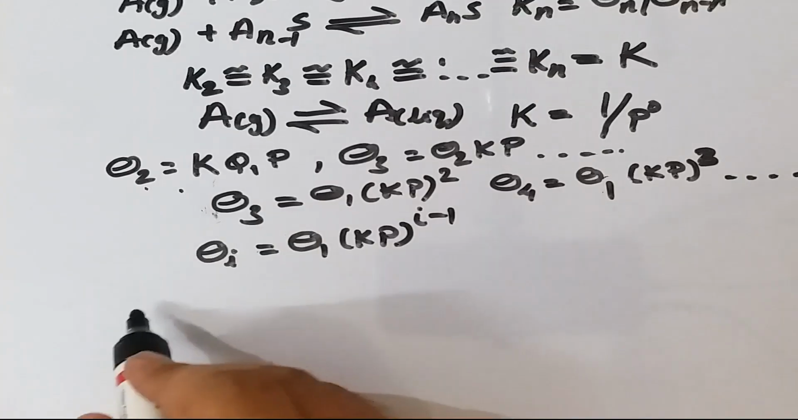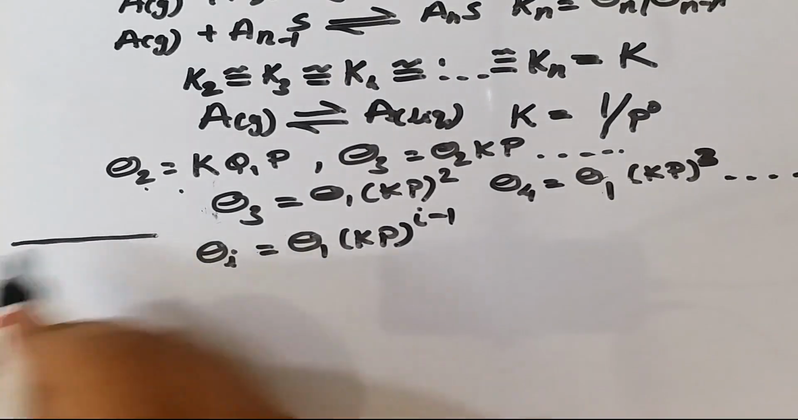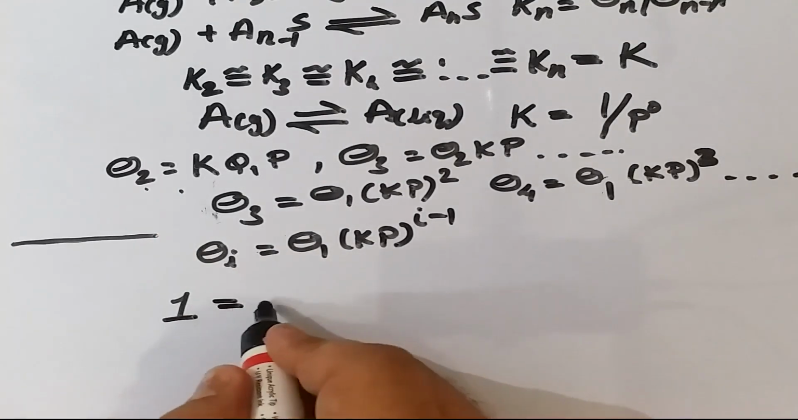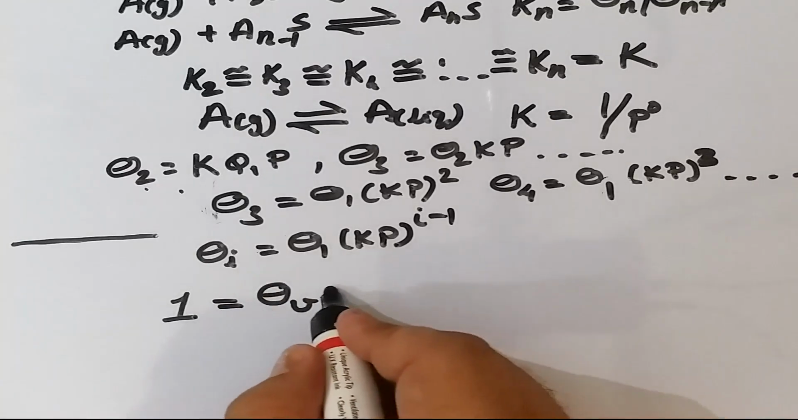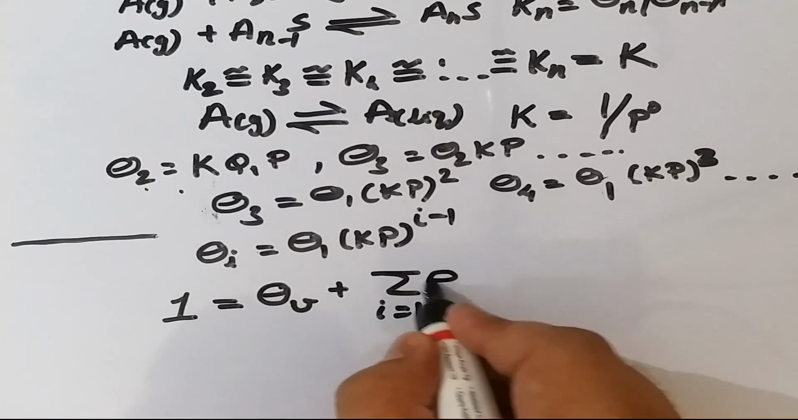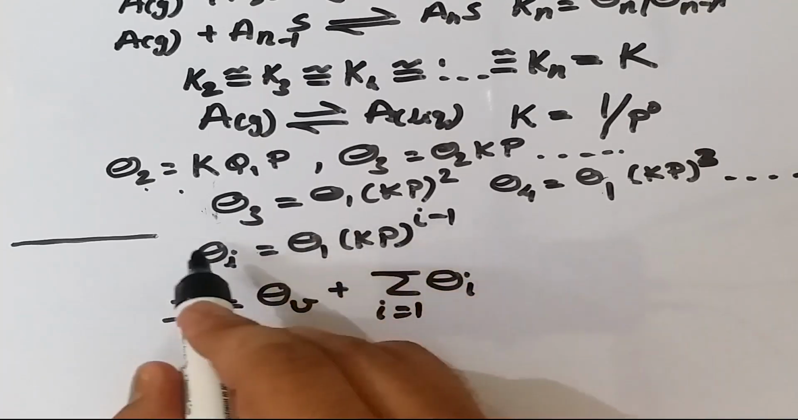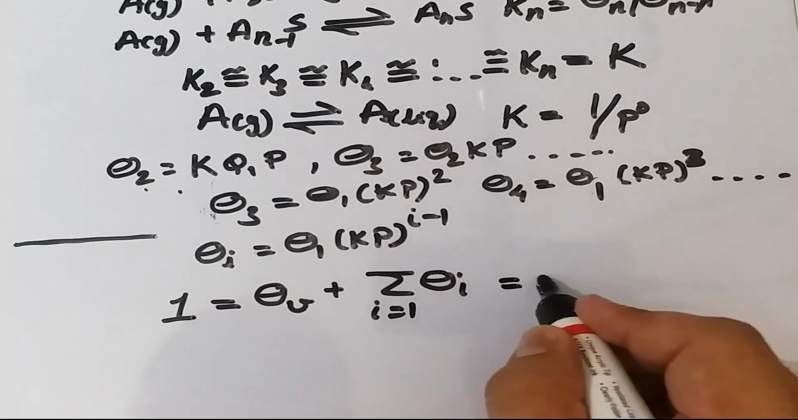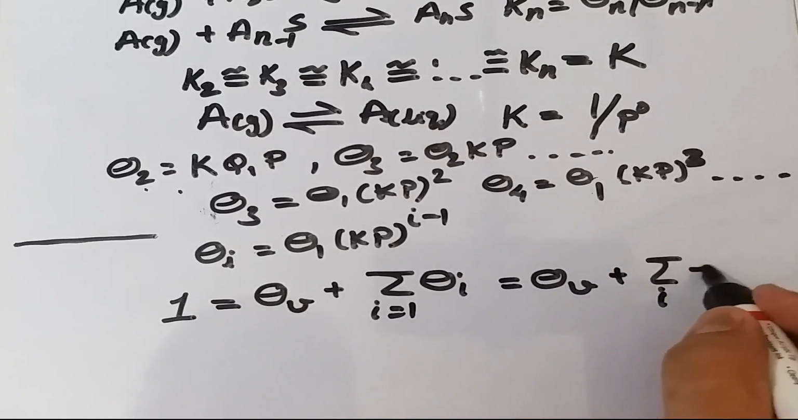Further, when we sum all the fractions, the sum of all the fractions will be unity, because we are considering our total surface to be unity. Hence we can write 1 is equal to theta v, that is the amount of vacant sites, plus the summation over i of theta i. So theta i represents all the fraction of the adsorbed gas on the surface, and hence I can write this as theta v plus summation of i, theta 1